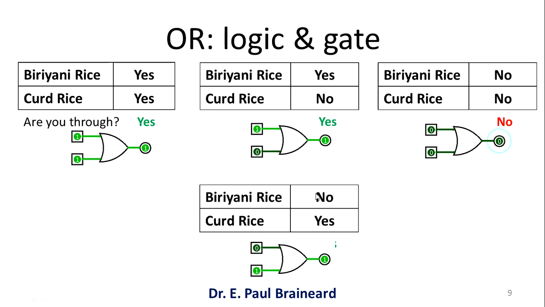The figure shows an OR gate symbol with 2 inputs and 1 output. The condition is that at least one of the inputs must be high for the output to be high. If you look here, both the inputs are high, output is high. One input is high, output is high. Here one input is high, therefore output is high. But in this condition, both the inputs are at logic 0, therefore the output is a logic low or a no condition.